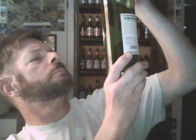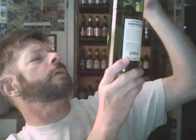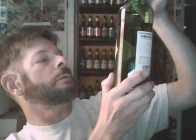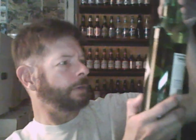There's some signature here, and it's saying Douhans, and it's so small. Produced and bottled in Ireland. Crafted and imported, and it's got a signature of somebody. Blended Irish whiskey, product of Ireland, triple distilled. Now in the background, they're showing a crown and this royal cape and some kind of royal thing. And I don't know what that's about because